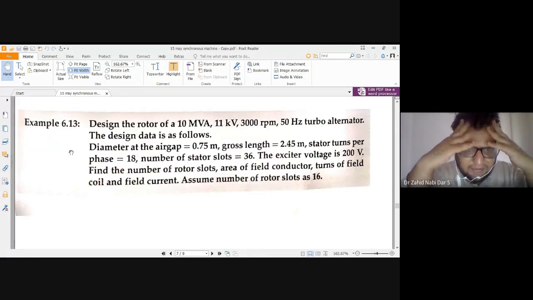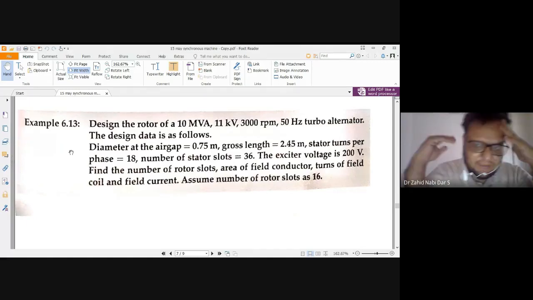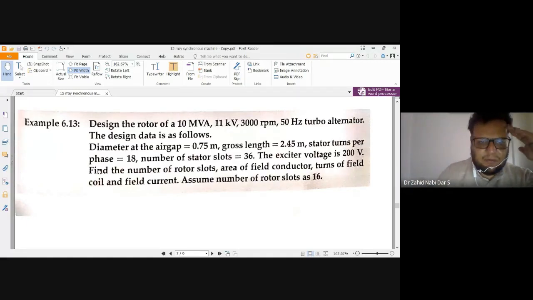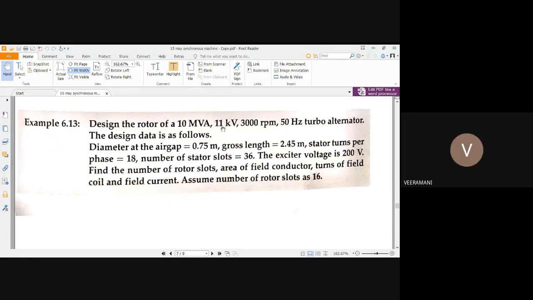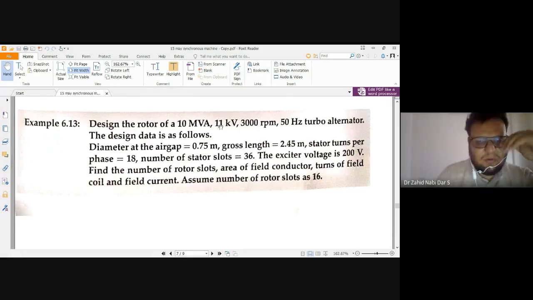You read the problem, so you came to know what he's asking and what we have. By just looking at the problem, we need to design the rotor. He's telling 10 MVA, that is your Q value is 10 MVA. So we will take power factor 1. So 10 MVA is equal to root 3 into this value 11 kV divided by. Sir, why power factor 1? They have not mentioned, so you will take unity power factor. If they had mentioned power factor 0.8, 0.9, we would take that, but they have not mentioned.